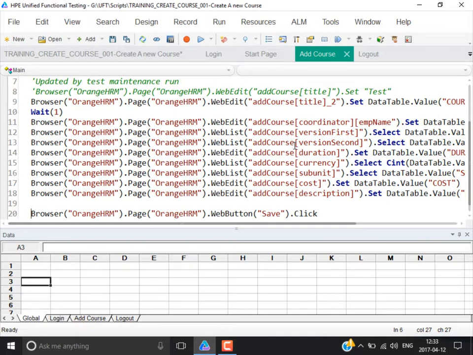Also, you can't understand it if the report comes in too much detail, like you enter a value to a web edit dot set, web button dot click, something like that. You can't understand all those things. But what matters to you,